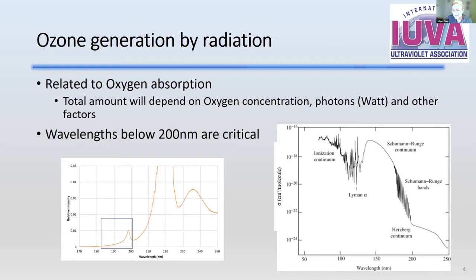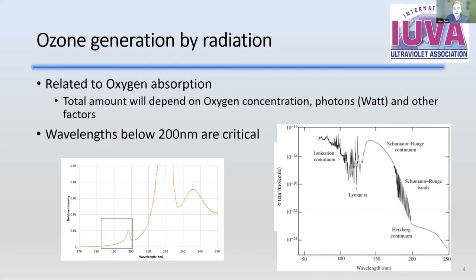And this graph here shows the absorption of oxygen. You can see this is logarithmic absorption, and it drops off very steeply in the so-called vacuum UV range below 200 nanometer,